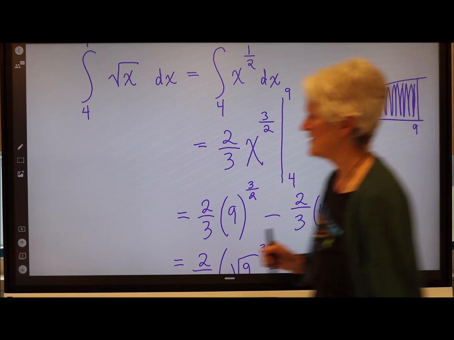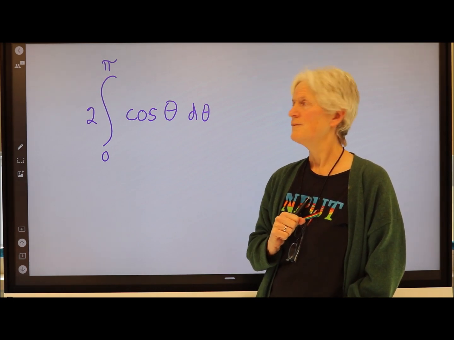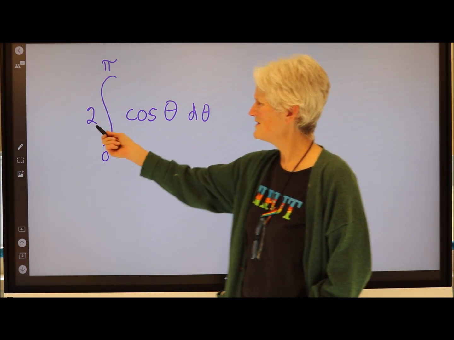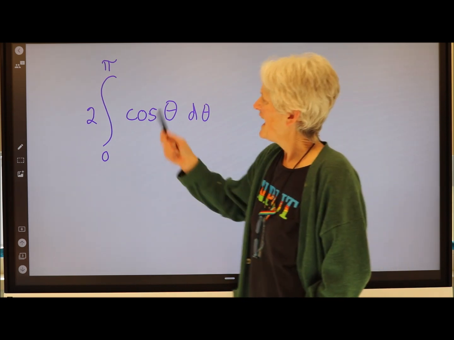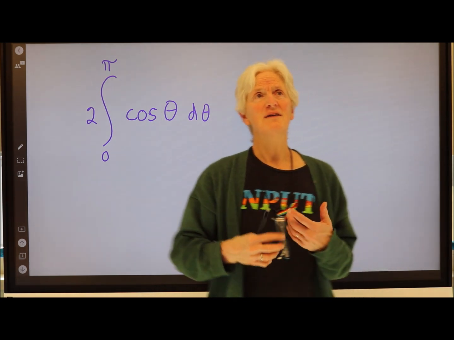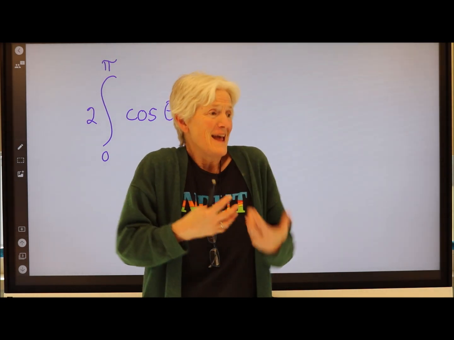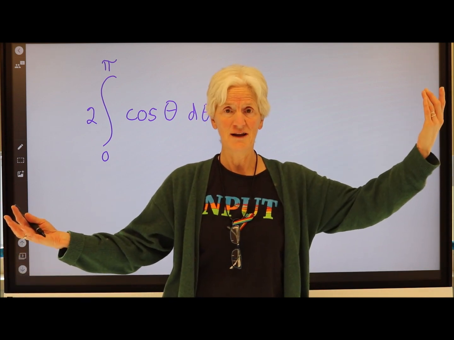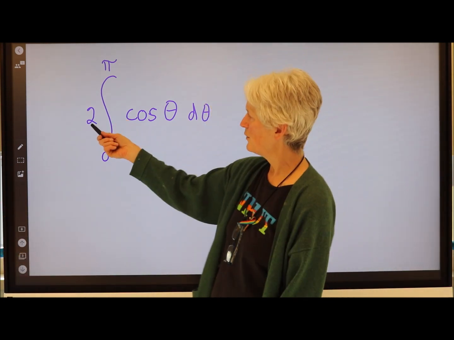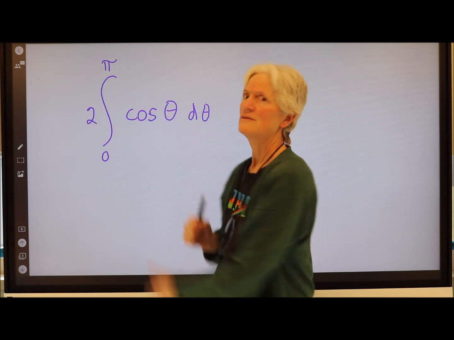Let's do one more example. All right, finding the definite integral. So you might say, well, what's that 2 out there? Well, that's just a coefficient. And whenever you have a coefficient in front of a function when you take the derivative, remember the coefficient just hangs out and is multiplied by your derivative. It's like a scale factor, right? Same thing here. If you have a coefficient, it's just going to be multiplied by your result that you get